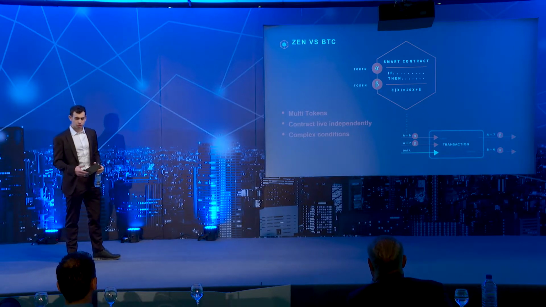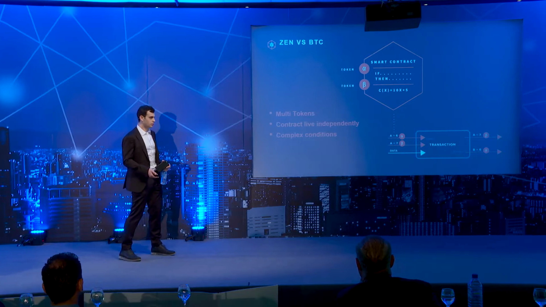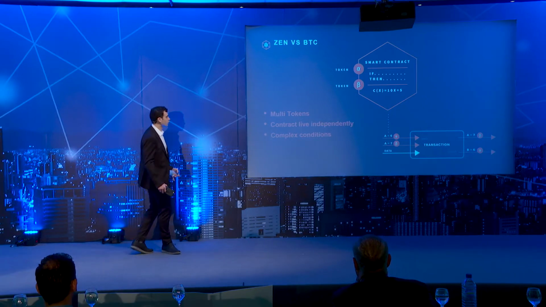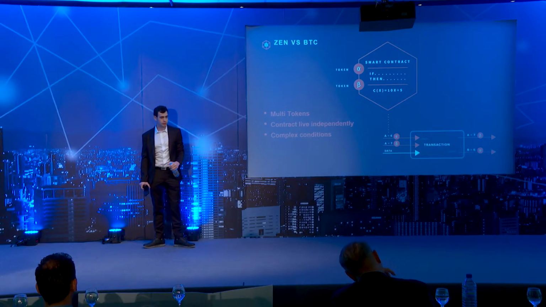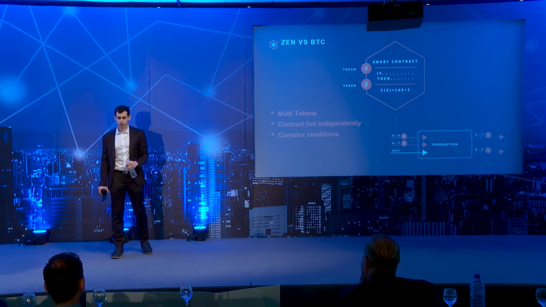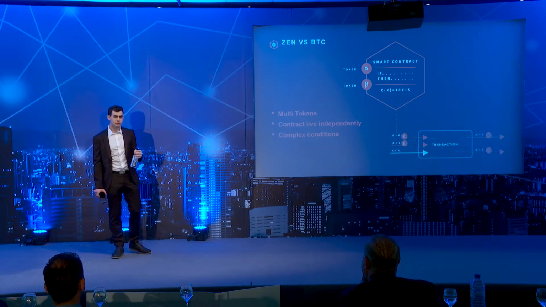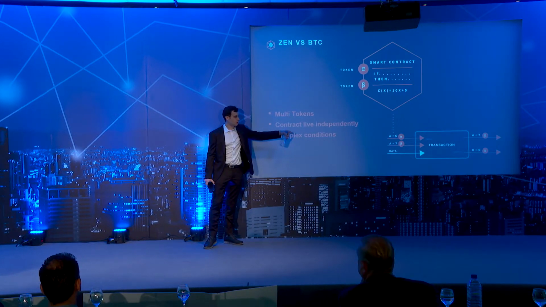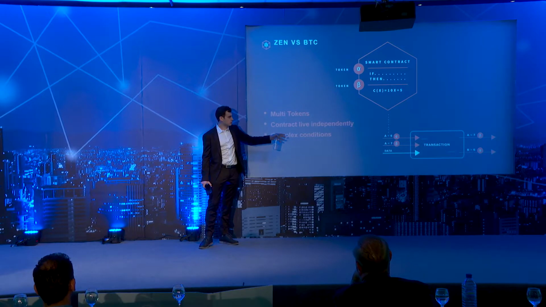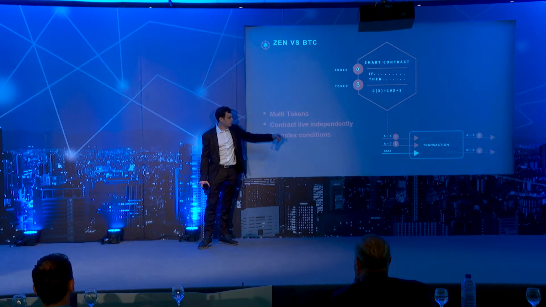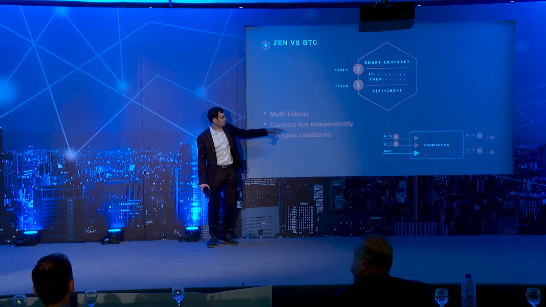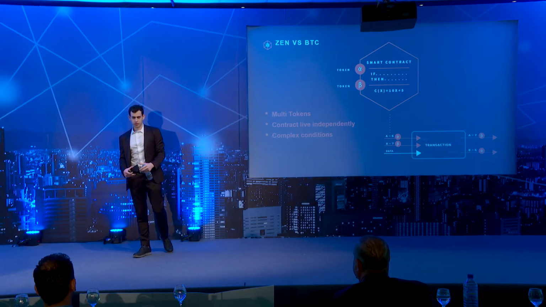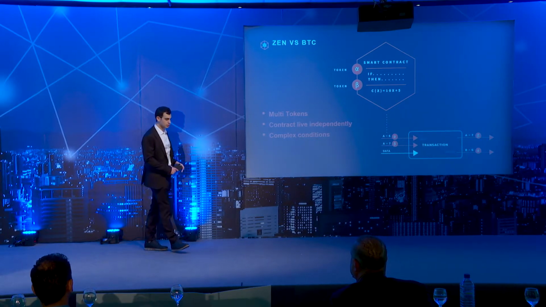Now, if we look at our paradigm versus something like Bitcoin, we're very, very similar. The main difference is, as you can see, we have support for multiple tokens rather than just one token. Also, unlike Bitcoin, our contracts live independently of the transactions. So you'll have a transaction here, but the validity of that transaction will not only depend on the inputs being greater than the outputs and the UTXO set, but also on whether the contract says it's valid. And the third thing that's different from Bitcoin is that we can operate on more complex conditions.